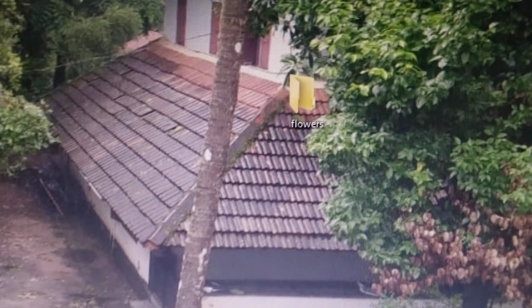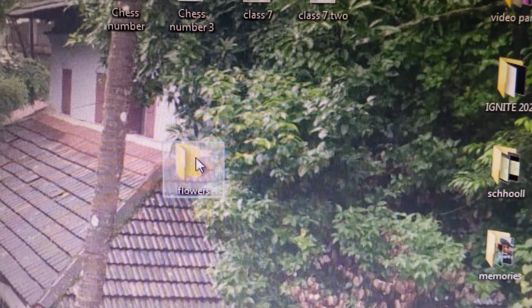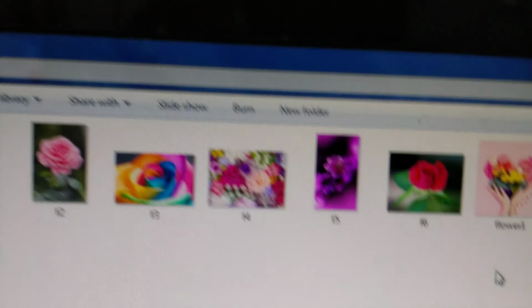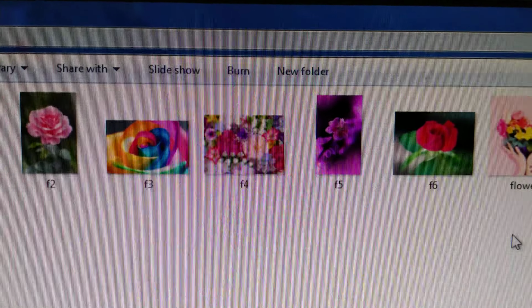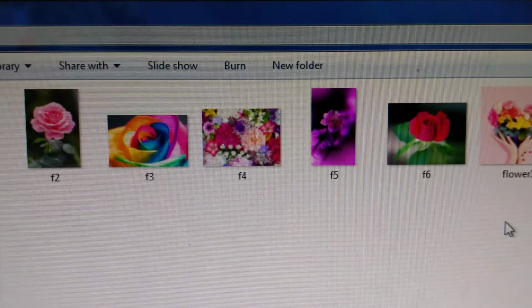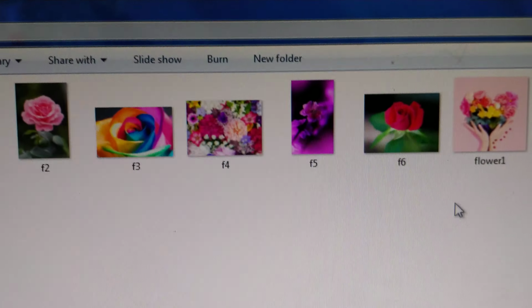So from here I'll take one. Hope it is clear. Just open and keep the page in which the picture is there, the picture you have to select. Okay, now it is open.